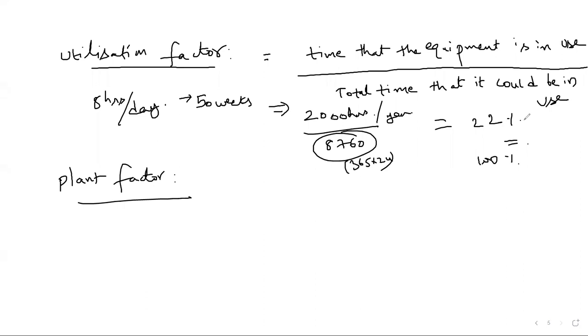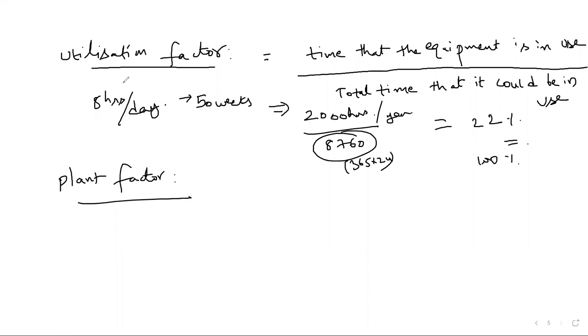No sir, I want to utilize that motor only for 2000 hours. The time period itself, the total utilization, will be 2000 hours. If that equipment is under usage, then it will be 2000 by 2000, the utilization factor will become 100%. Right? Next, keep another side heading, plant factor.